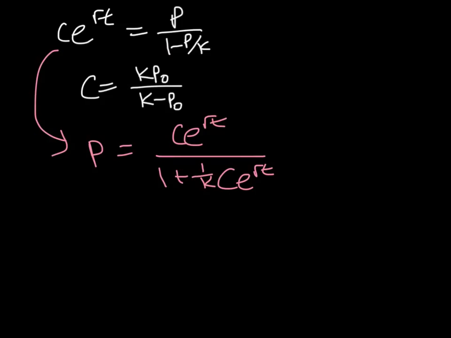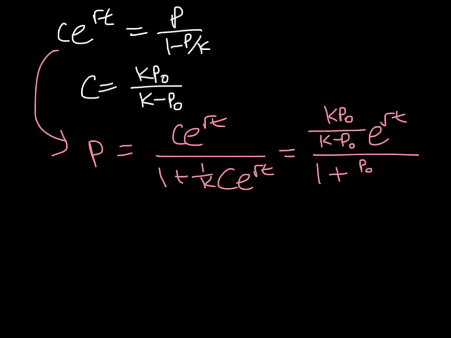And then we can go ahead and plug in what we know about C. So that tells us that P equals K P0 over (K minus P0) times e to the rt over 1 plus P0 over (K minus P0) times e to the rt. We'll multiply both the bottom and the top by K minus P0, and that'll give us